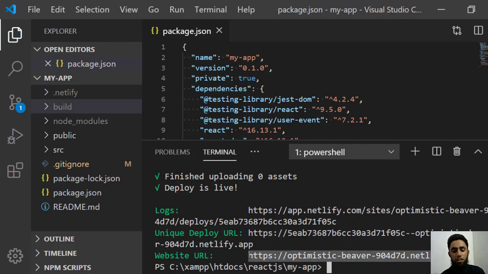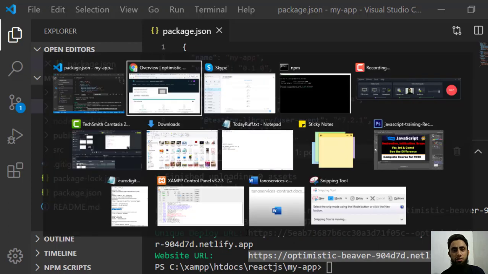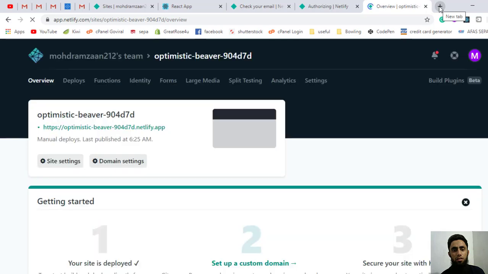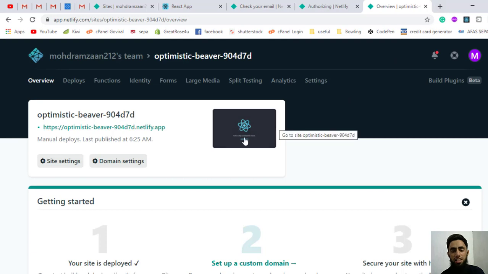Let's see over here. We have the website URL here, and a unique deployment URL. Let's access this one, and I'm also going to refresh it. You can see that our website has been deployed successfully, and we also have the URL here.